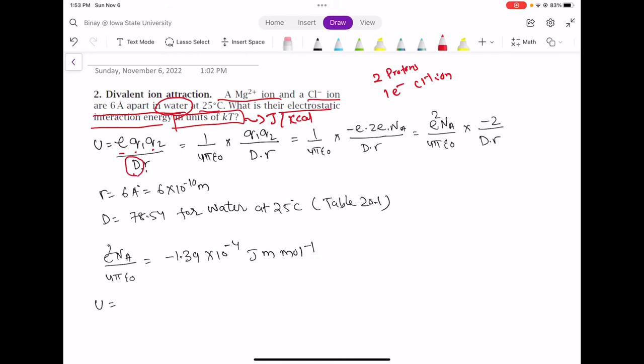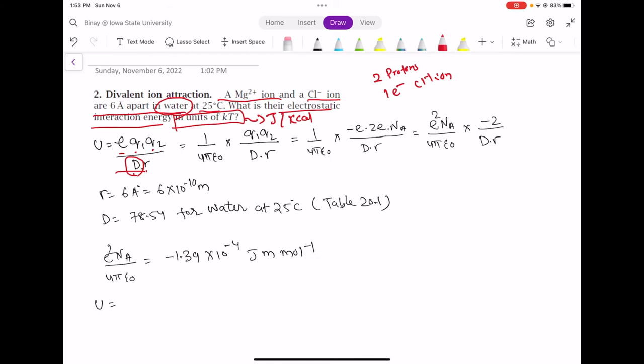Why do we need D? Because this whole thing is in another medium, water, and it's not in vacuum, so the interaction energy will be lower compared to the vacuum, and we need a D factor. D is basically the dielectric constant. So U equals Q1 Q2 over D into R. If you open all those terms, it will be 1 over 4 pi epsilon, Q1 Q2